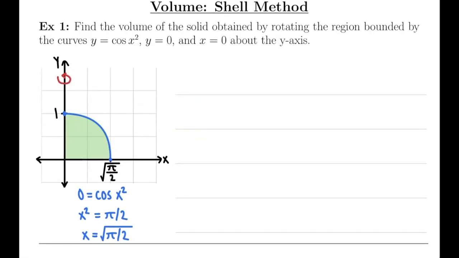The region is being revolved about the y-axis. That's a vertical axis of revolution. So when you have a vertical axis of revolution and you're using the disk method, that means the integral has to be with respect to y. I see. Which means we have to solve for x. We have to solve for x in terms of y. And when you solve for x in terms of y, you're going to end up with an expression involving inverse